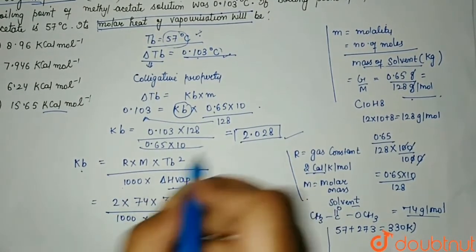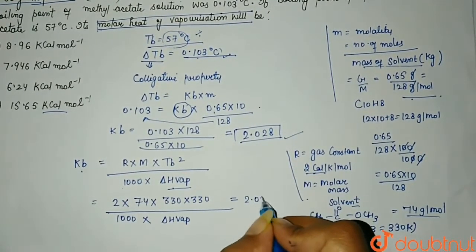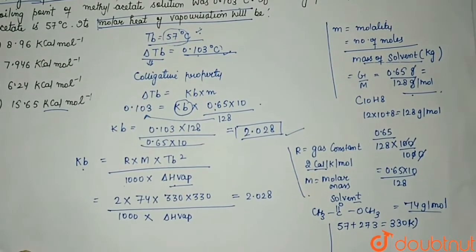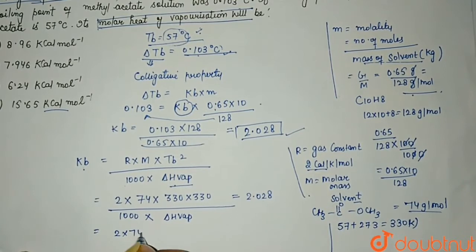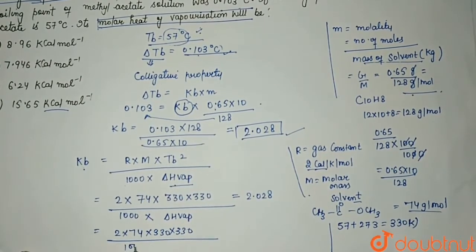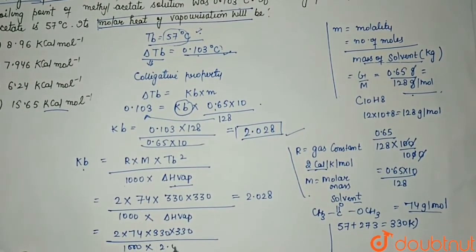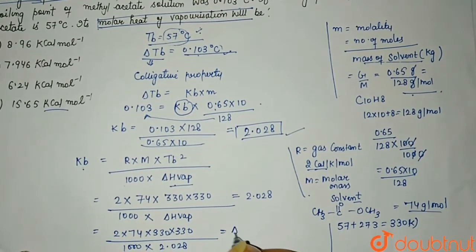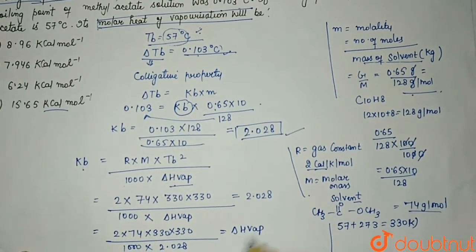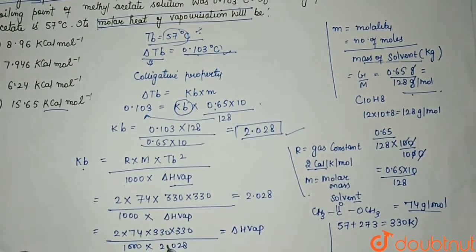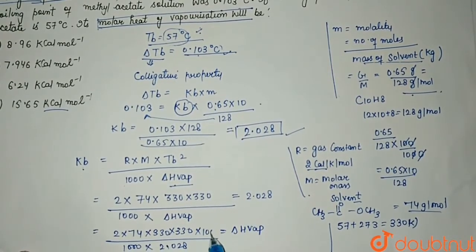Your KB, which we found over here, is 2.028. So let's do one thing. Let's put it over here and bring it back over here as it is. We have just copied it down. What we need, we will separate at one side. So here we got it. Now after solving this, you remove this. Here we got the 1000 term.